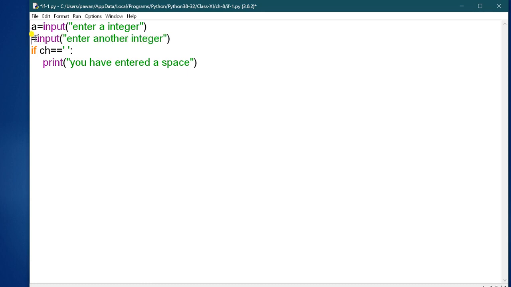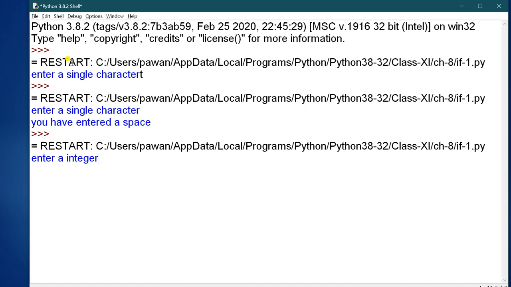Okay, so if you write here, if a is greater than b, then it will show a is greater. Okay, now run it. Enter integer, suppose I have entered 10, now another integer 6. So it is not showing anything.